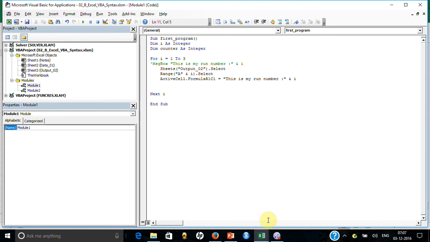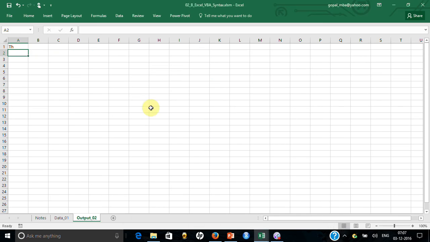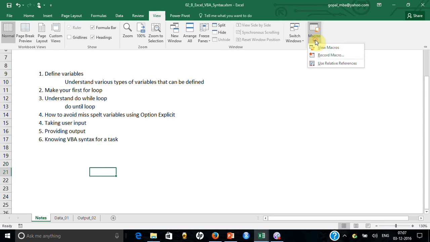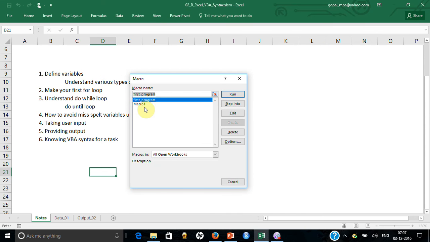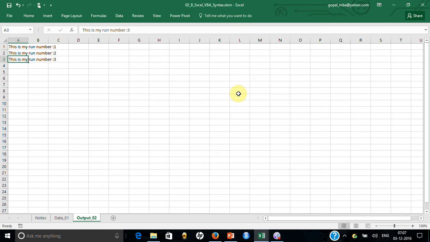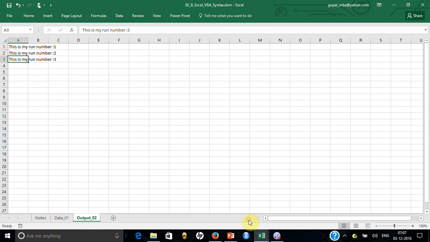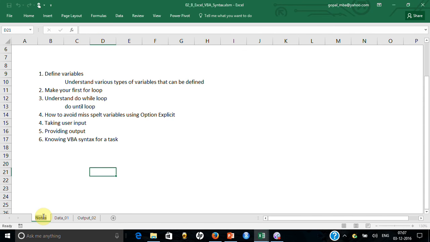Let's see. Now let me show you one more way of running it, and that will also help you understand why sometimes we need to do that. So I went to View, Macros, first program, Run. It did it. What happens if by chance I had written something like this, Sheet output dot select, let's say I selected Sheet, and after that I want to commit here.